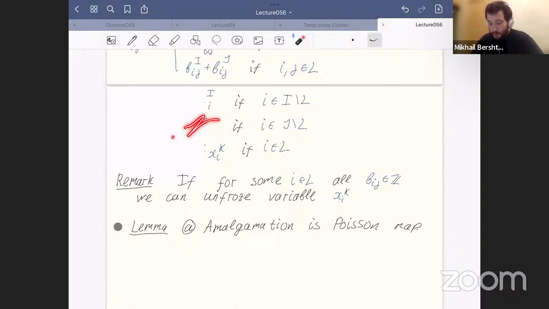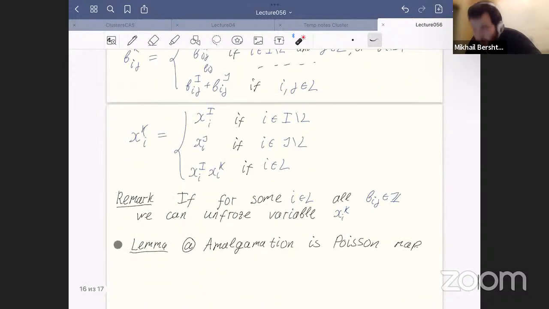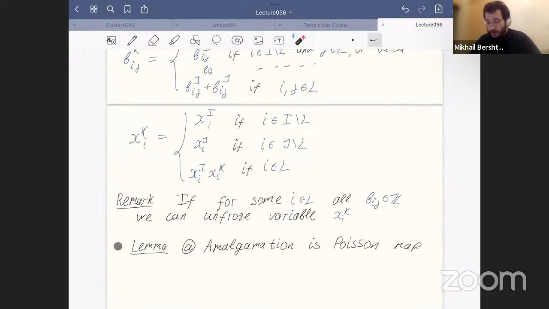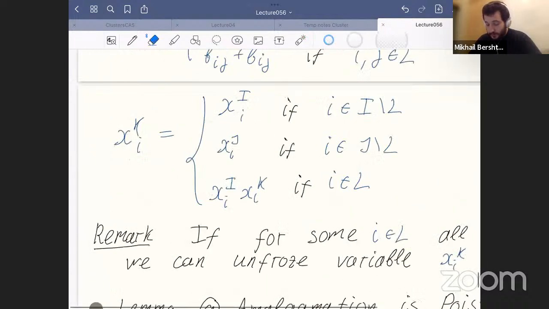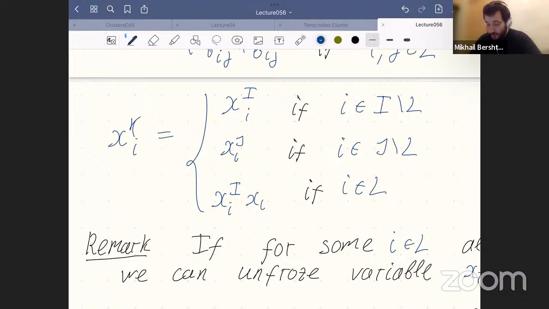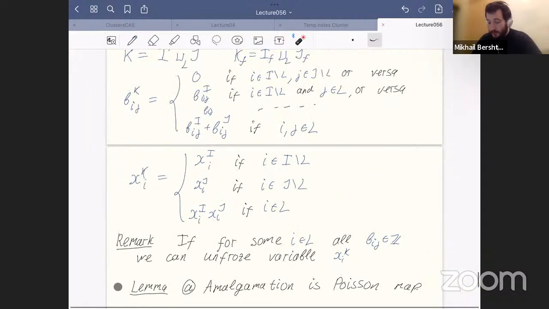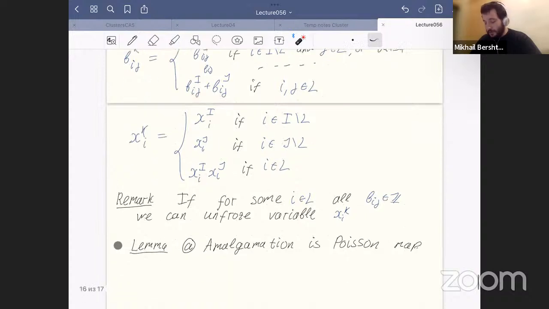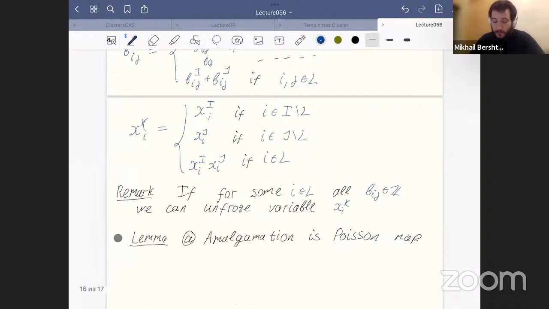The only point where one has to check something is, of course, near L, near the glued part. And this multiplication of corresponding variables, by the way, here should be J, exactly agrees with the summation in the matrix B. Maybe property B, which is also obvious, but